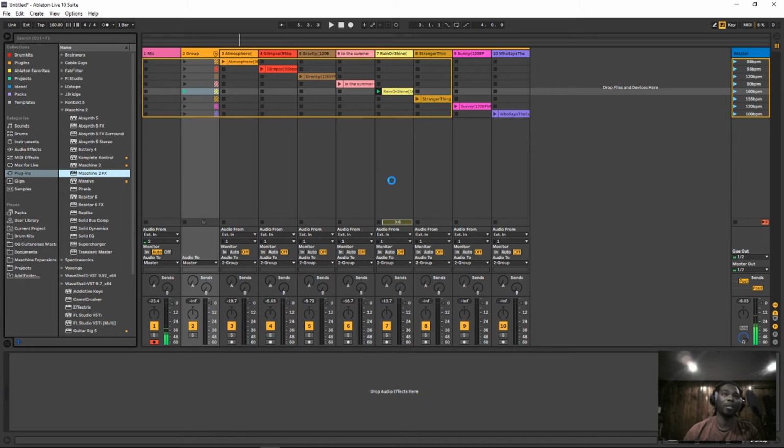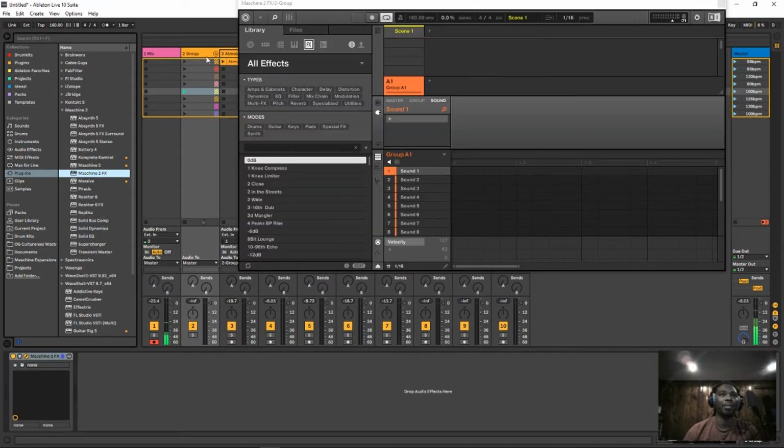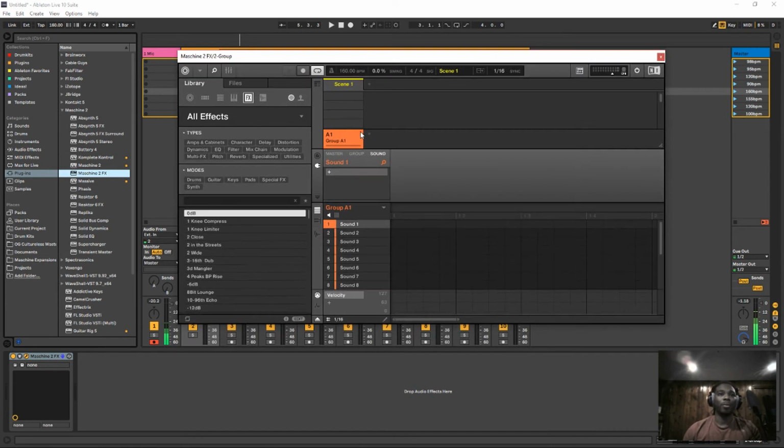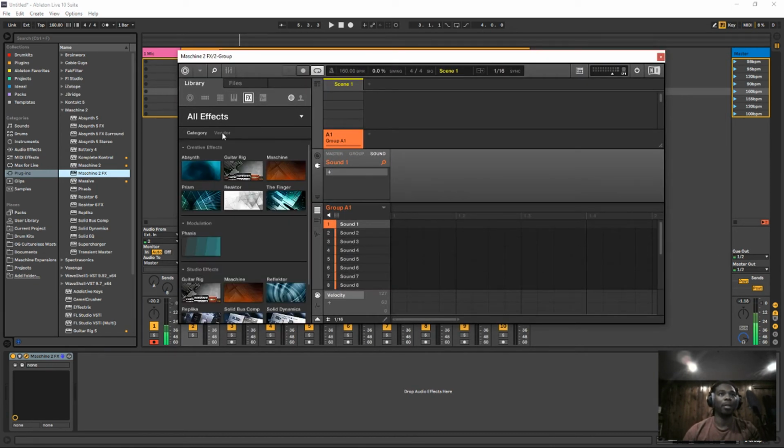Now this normally takes a little while to load. If it takes a while, then I'll go ahead and just cut this out. Oh, it didn't. Look at that. Great. So now that I have that up, the next thing that I do, I go to